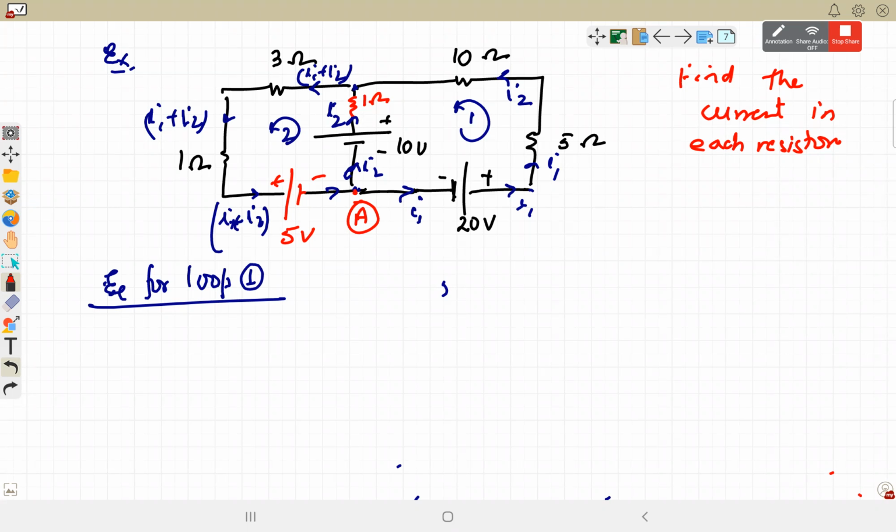Write the equation for loop 1. एक क्वेश्चन बताओगे भाई कोई लूप वन की? स्टार्ट फ्रॉम ए। आशुतोष क्या हो गया? समझ नहीं आया? फिर से समझाओ। आशुतोष। सर दोबारा समझा दो एक बार।